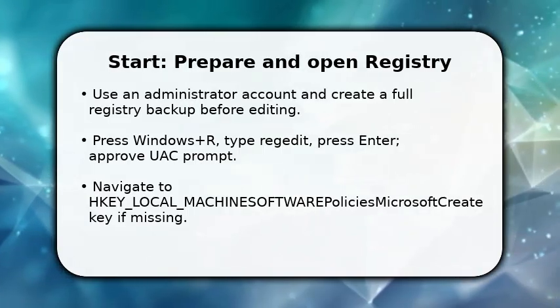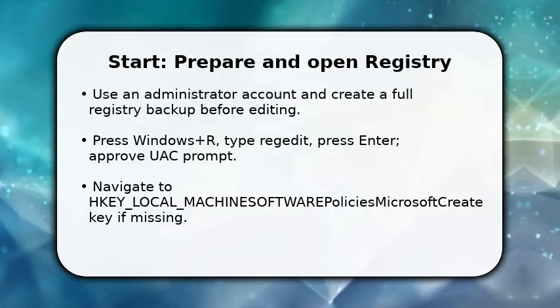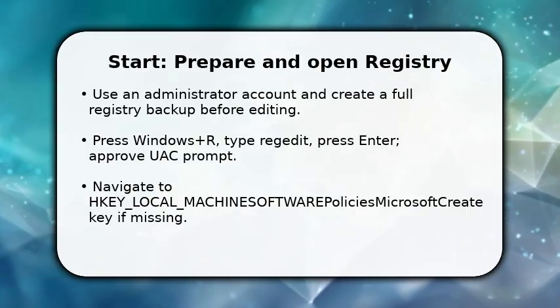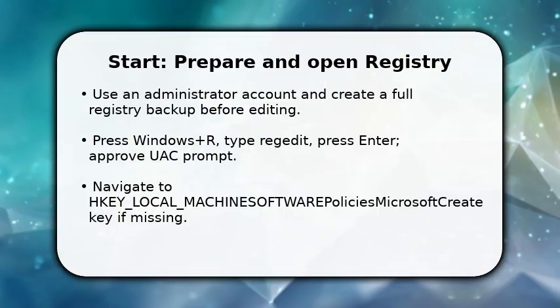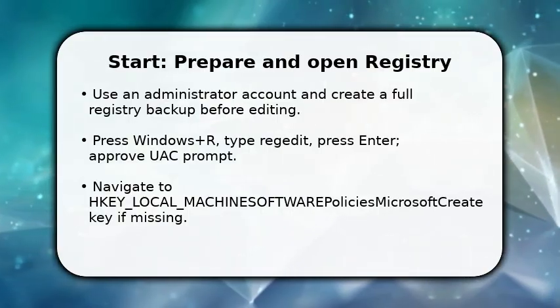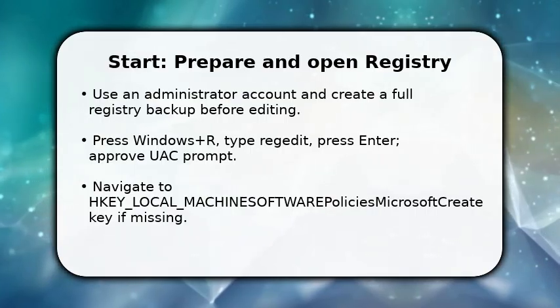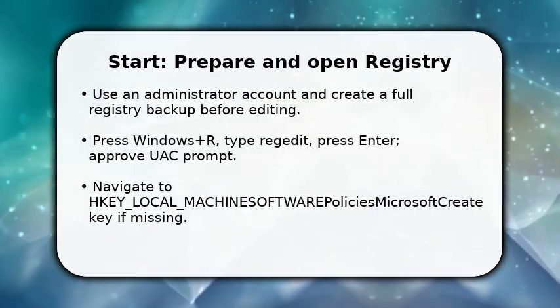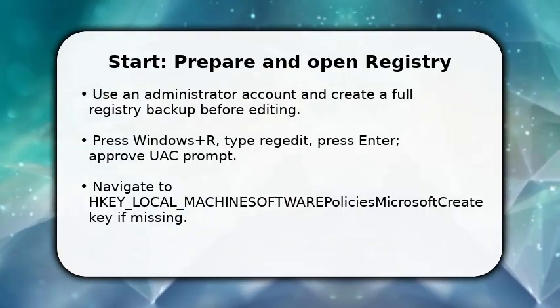You'll navigate to HKEY_LOCAL_MACHINE\SOFTWARE\Policies\Microsoft and create an Edge key if it doesn't exist. This is the first actionable step because Edge reads policy keys at startup. Making the key now ensures the value you add will apply system-wide. Take care with UAC prompts and make a quick export of the branch before changing anything so you can restore